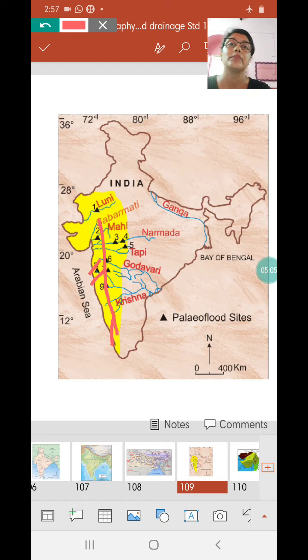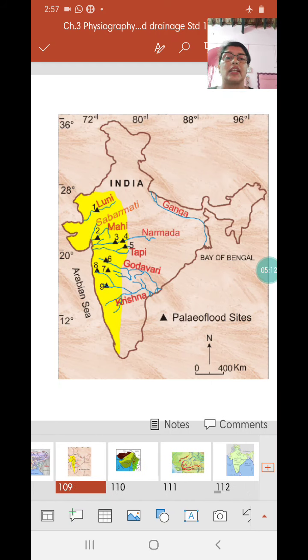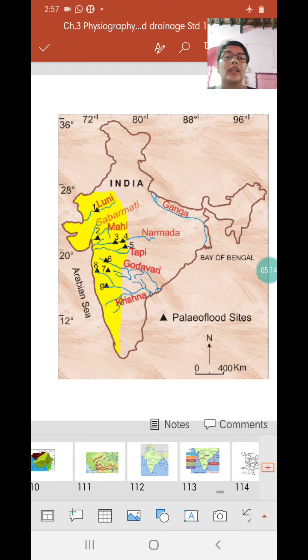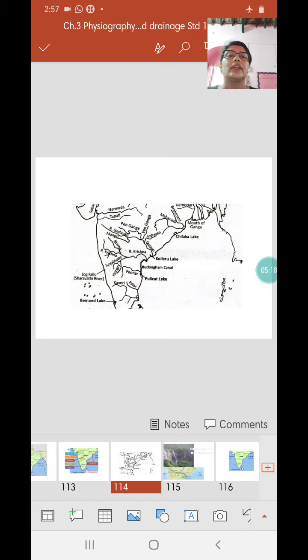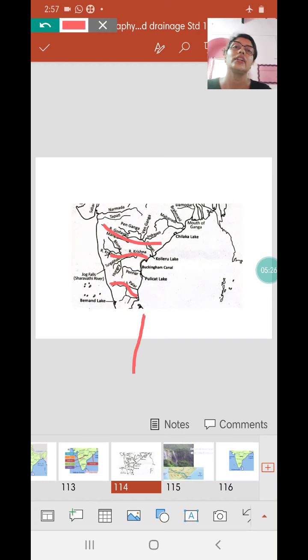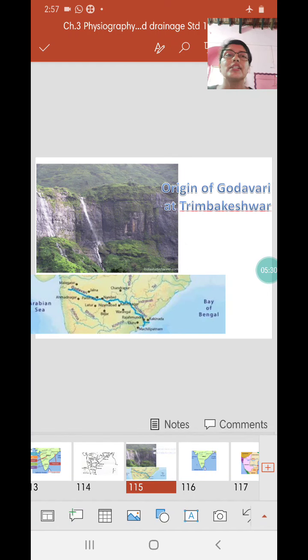But when it comes to the east flowing rivers, we have three major rivers that we are going to study here. And these are river Godavari, river Krishna and river Kaveri. So these three major rivers we are going to study now. So the first one that we are going to study,